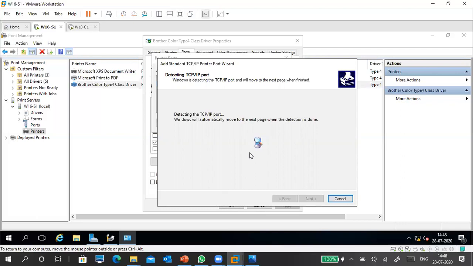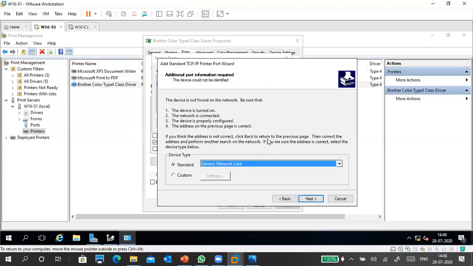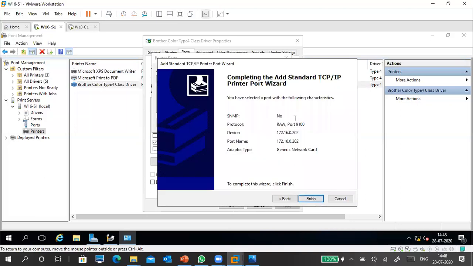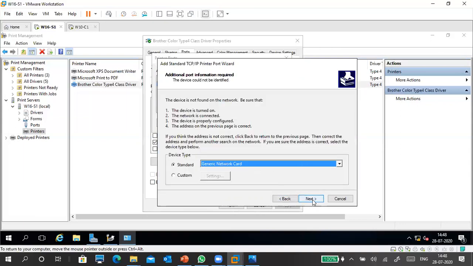Actually, it loads the same drivers only. Let it search. For a few people it will come a little bit faster, for some people it will take at least half an hour also, so don't worry when that happens. See, very simple. Go to next only.